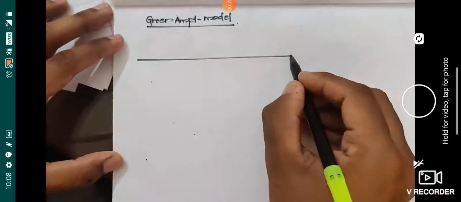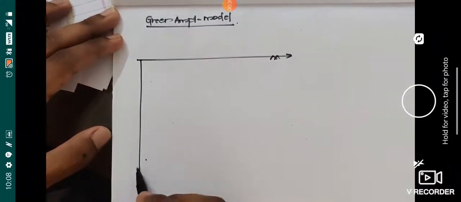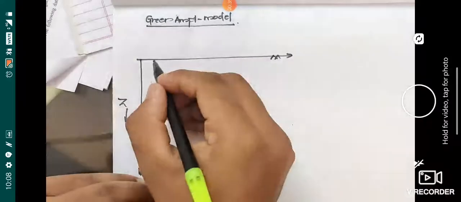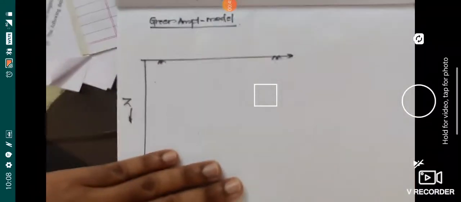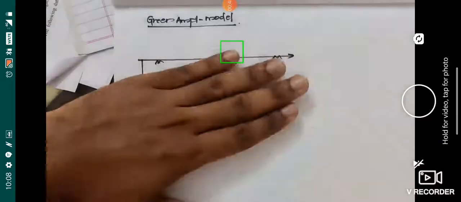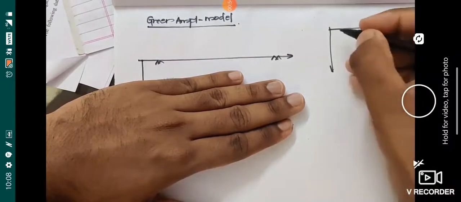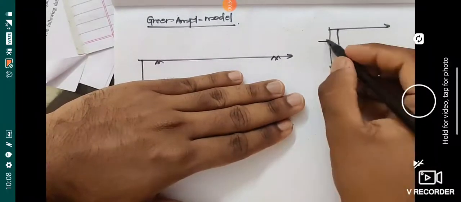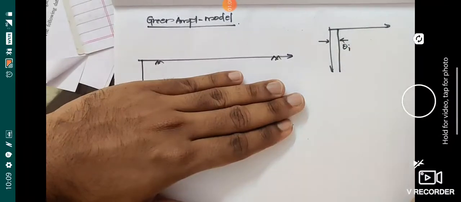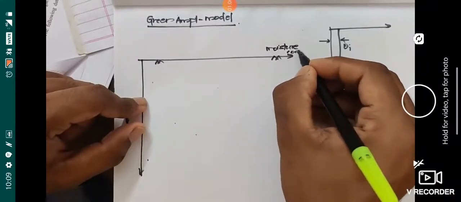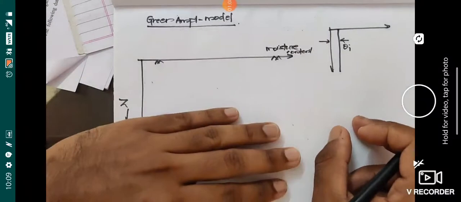So basically this is your surface, and this is the depth below the surface of earth, represented by z. So this is the surface. What happens is when rainfall occurs, just assume that your soil is initially having an initial moisture content. I am representing the initial moisture content as theta I. On the x-axis is the moisture content. So initially it has a moisture content of theta I. That's the initial moisture content.